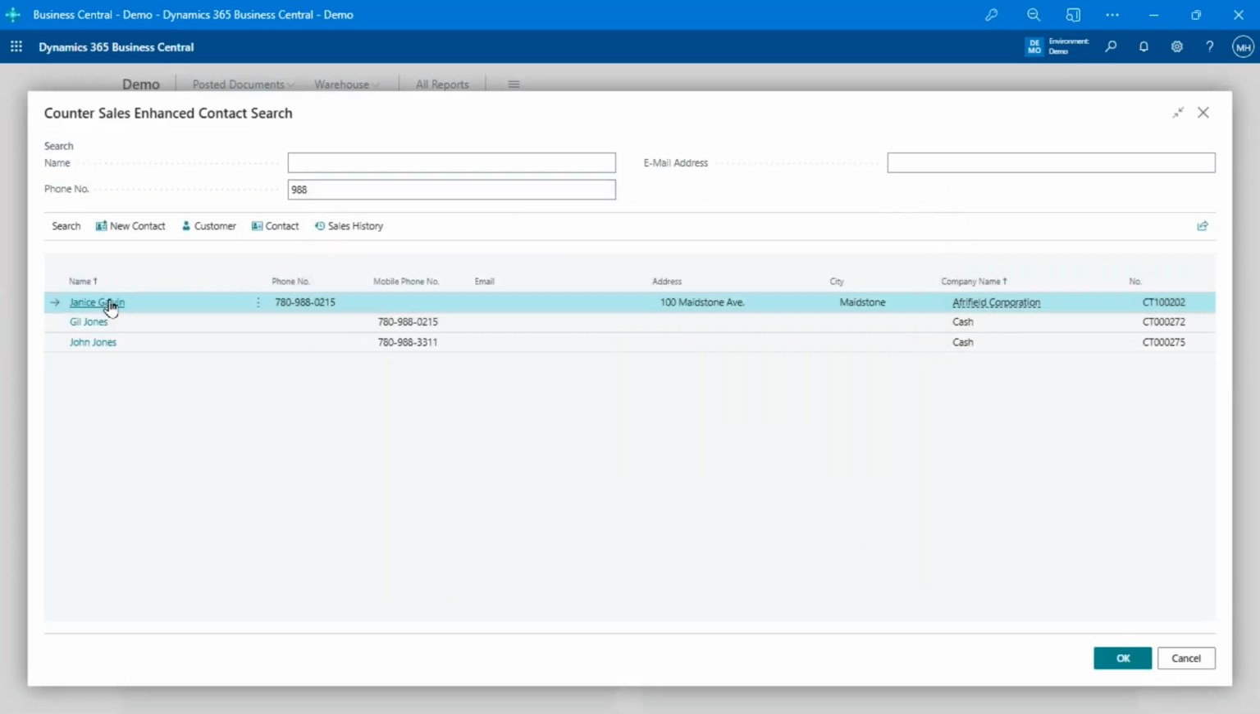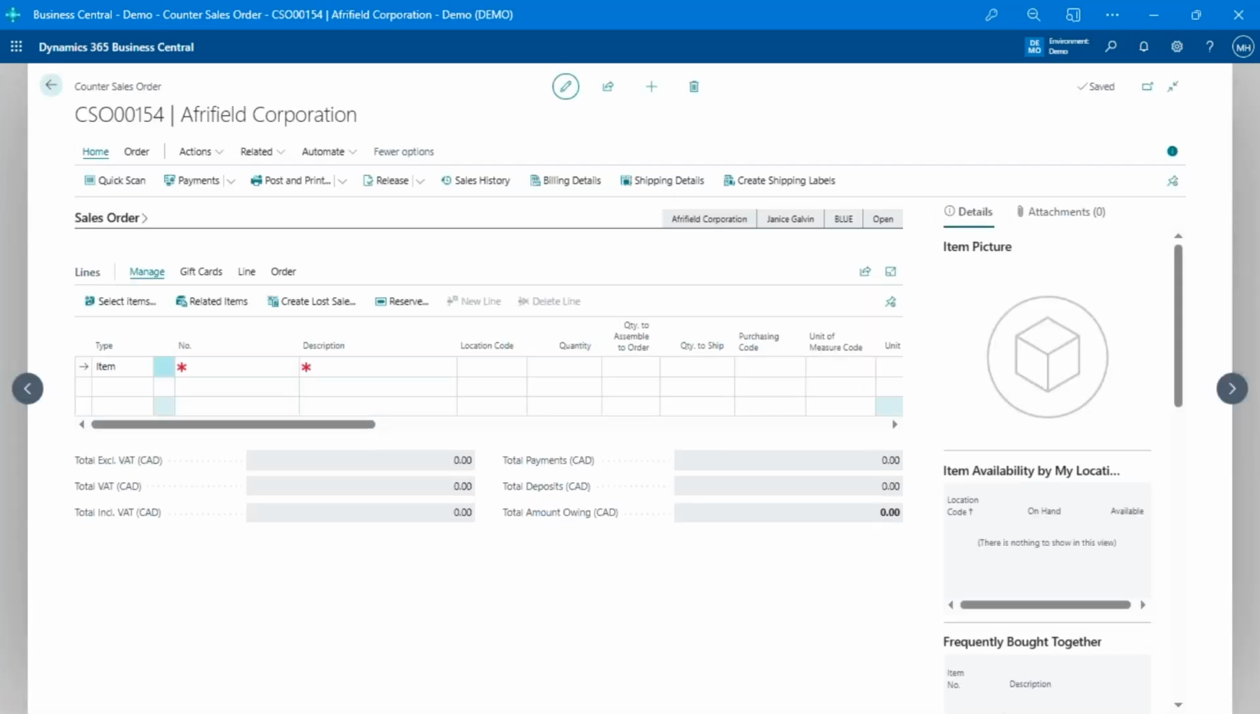Now, in this case, I'm going to choose Janice. I like her because she buys a lot from us, and we've got her credit card info on file and all those sorts of things. And I'm going to choose her, and it's going to create that order for me. Now, at this point, there's actually two options, and it's a setting based on the station that you're at. I had it automatically come into the sales order view here, but another option is